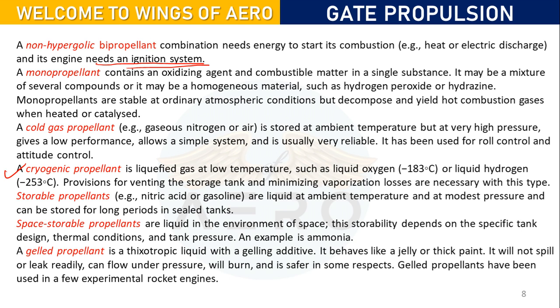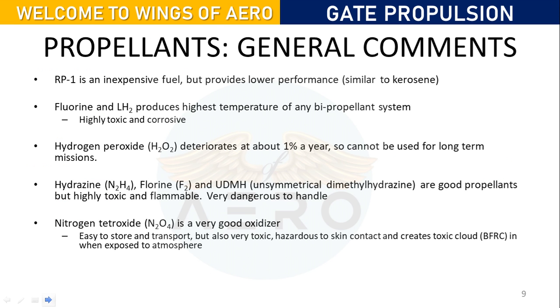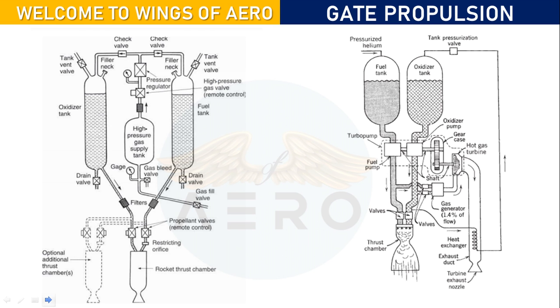Then another important one is the cryogenic propellant. So you can understand what is the temperature of liquid oxygen and liquid hydrogen. This liquid oxygen is an oxidizer and liquid hydrogen is a fuel. Now already we have discussed this before. Now this is very important, one more important point before coming to